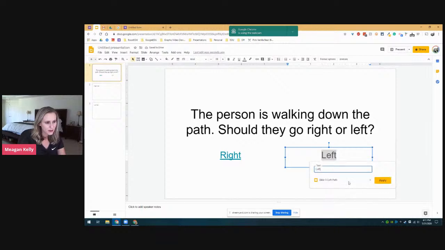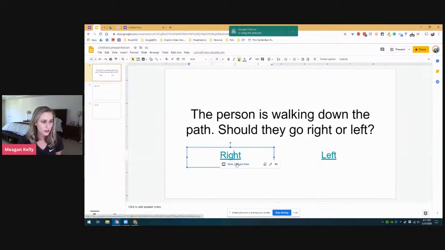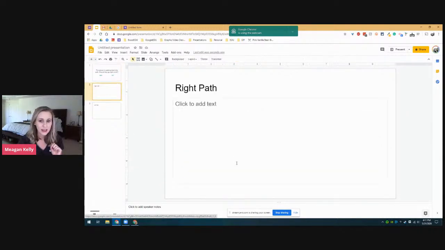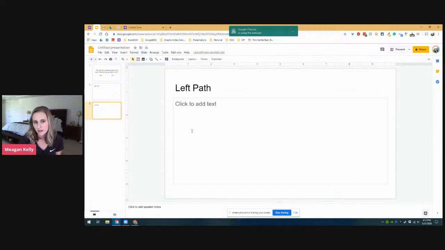If I can get to it. There we go. And apply. Now, what's really cool is when I click on right, it's going to have this little pop-up, and I can then click on it, and it's going to take me to the right slide. If I go back, I can click left, and that takes me to the left path,